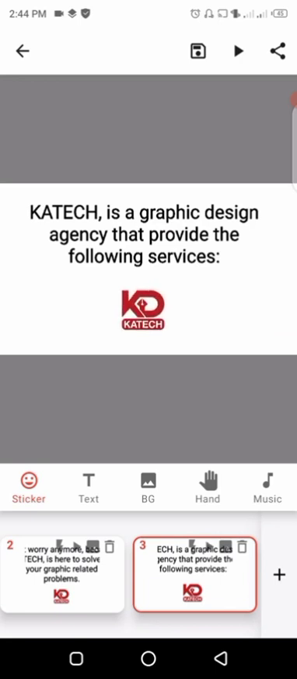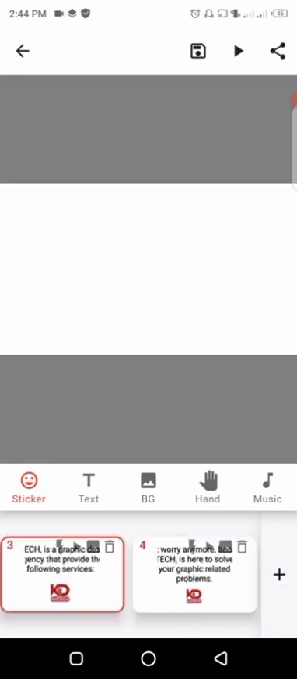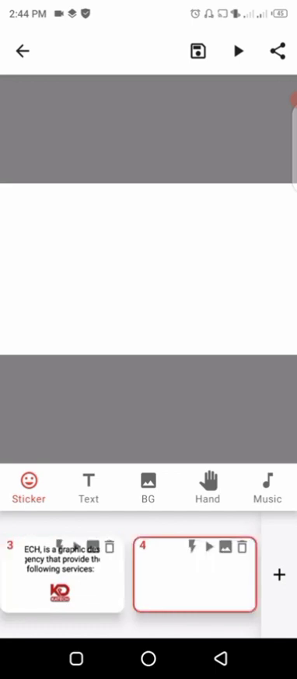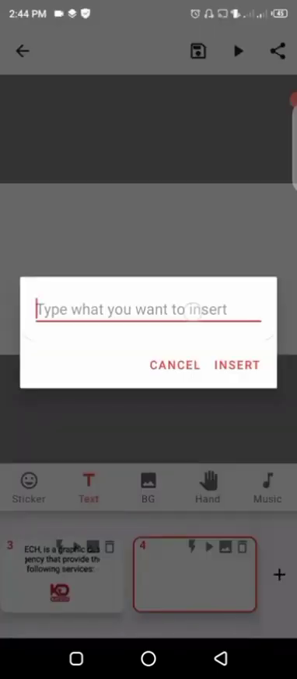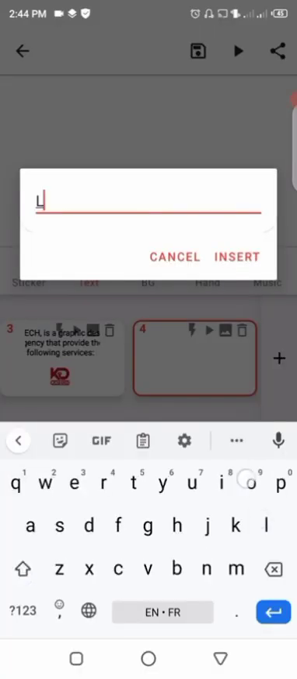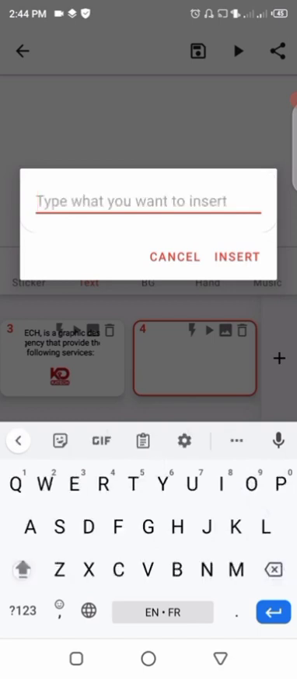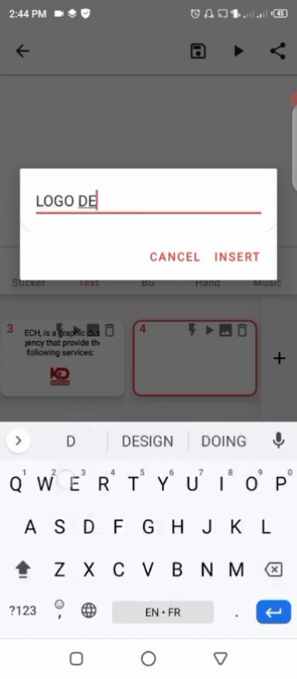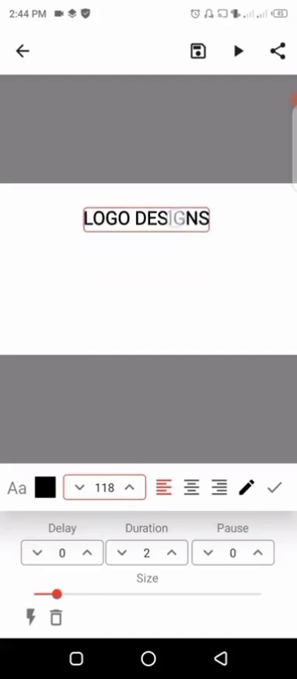Now if I'm okay, I'll click on the plus again to go to the next slide. Okay, then I'll select it. I'm going to write the first service, so I'll click on the text, double click on it. Okay, and I'll move it at the top here. I'll bring it here. Okay, then I'll increase the duration to